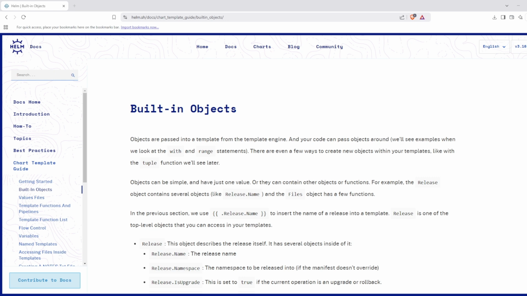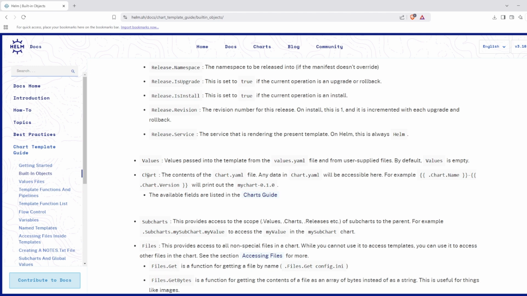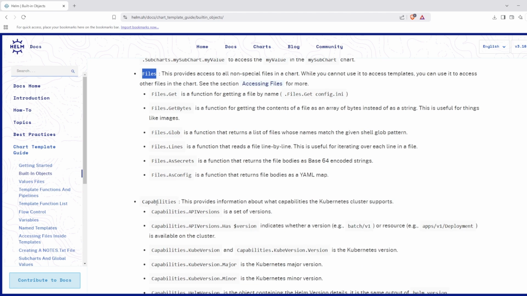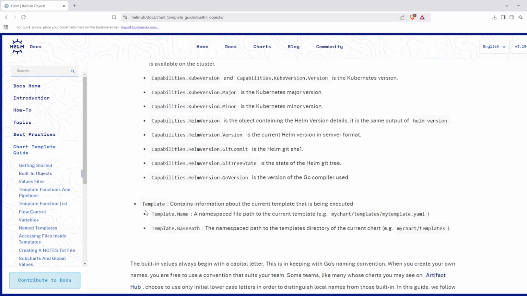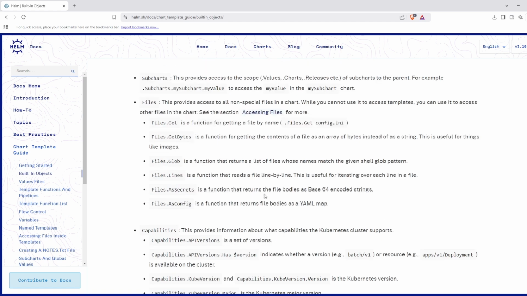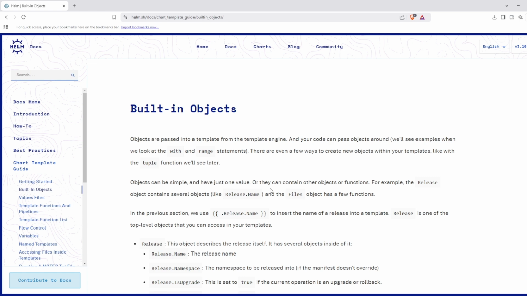There is the release object, then there is a chart object, then there is a file object, then there are capabilities objects, there is a template object, and there is also the values object. So these are all different kinds of objects that Helm has, and we can use these objects throughout the creation